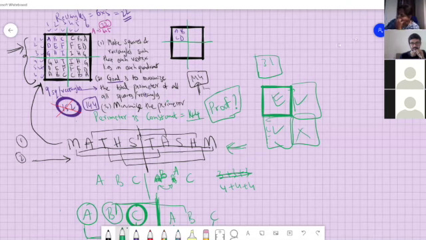Then for D, it will be 3 into 2, 2 into 2, 1 into 2. For E, there will be only 2 choices for the row, 2 choices for the column. For F, there will be only 1 choice for the row, but 2 choices for the column. So this will come to 6 power 6, is it? Okay.